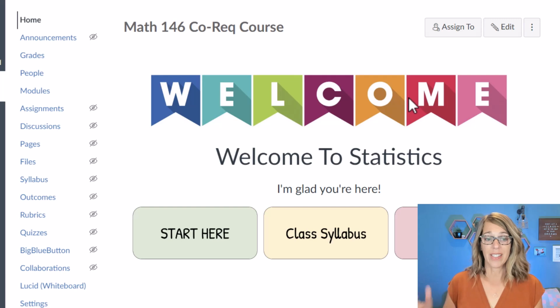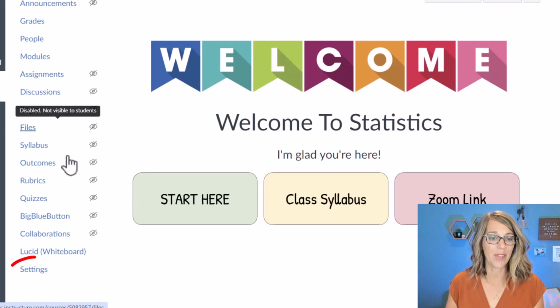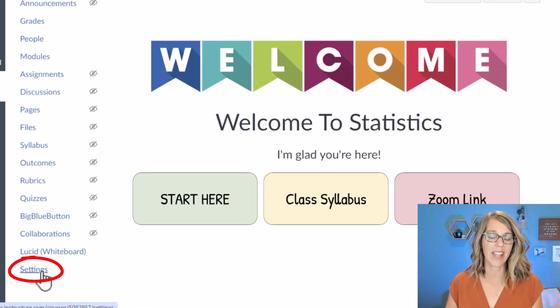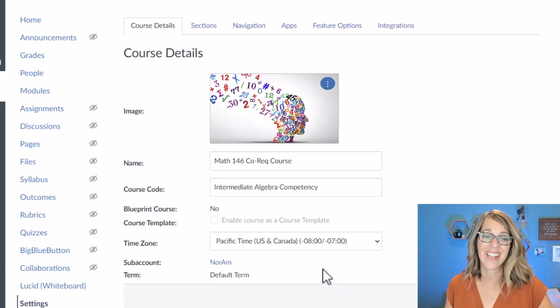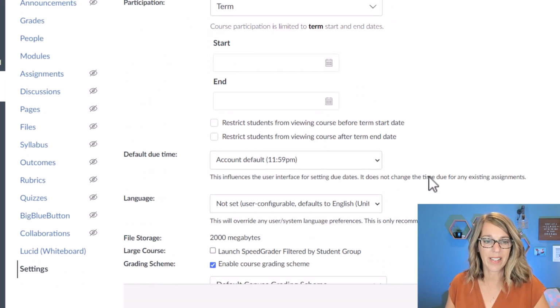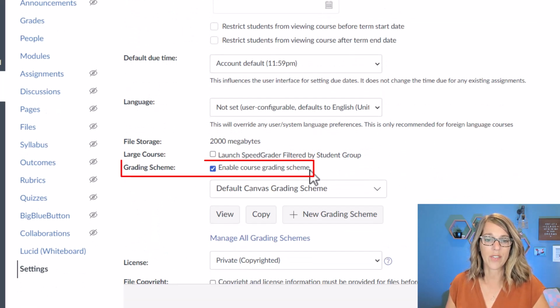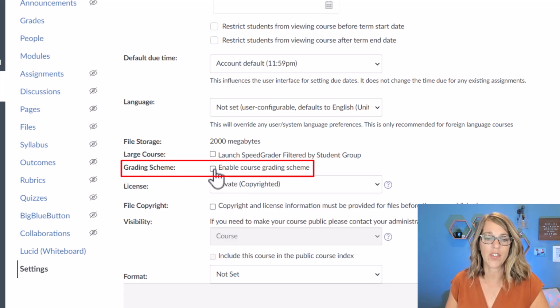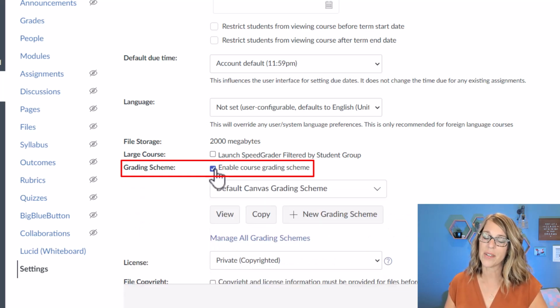Let's go ahead and set up a grading scheme in Canvas. And of course, this doesn't live in grades, it lives in settings. So I'm going to scroll all the way down over here on the left-hand side and click on settings. And then we're going to scroll down under course details here until we see a box to check that says grading scheme. Now I already have mine checked, yours might be unchecked, so I'm going to go ahead and check